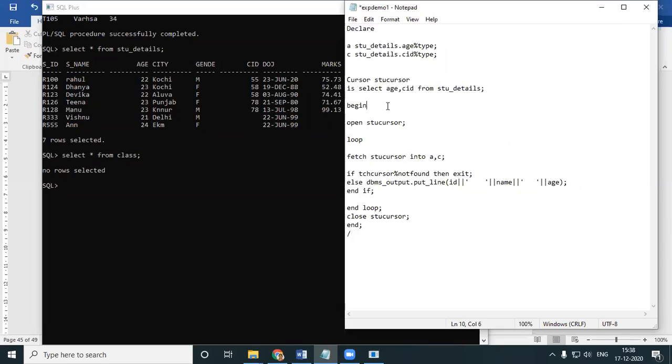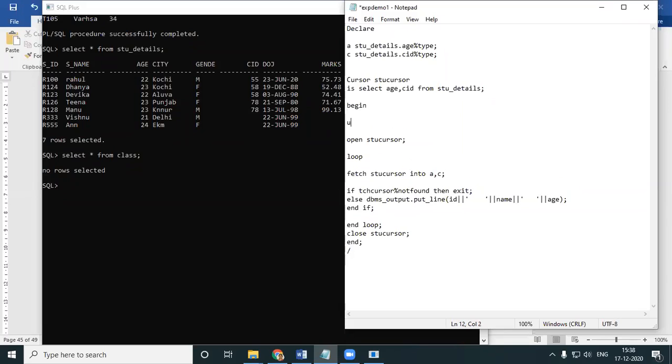Okay, not that only. There are two parts of the question. One is I should update. Okay, they're telling me to update, isn't it? So update stu_details, set, what was I to do? Age, isn't it? Age equal to age plus 1. That is my first part of the question: update everybody's age by 1. So update stu_details set age equal to age plus 1. First part of the question over.